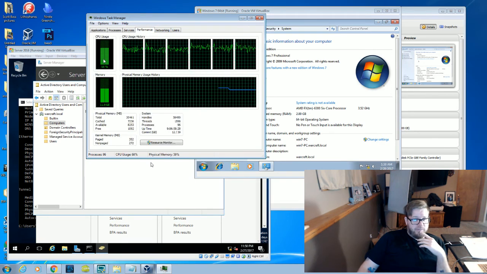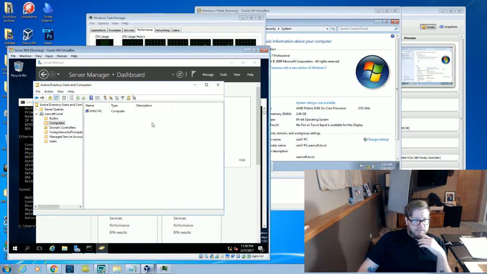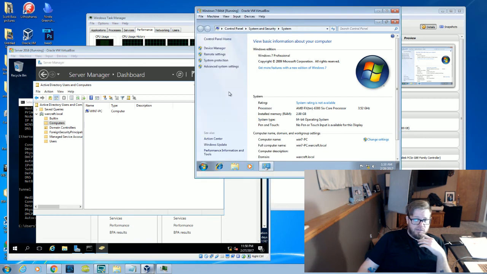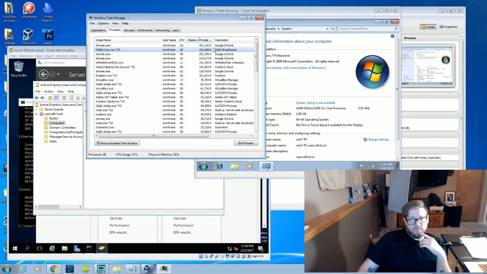My RAM is being chewed up by this server because this is 4 gigs and this one's 2 gigs, so that's 6 gigs right there. Plus Chrome is probably chewing up a gig on its own.